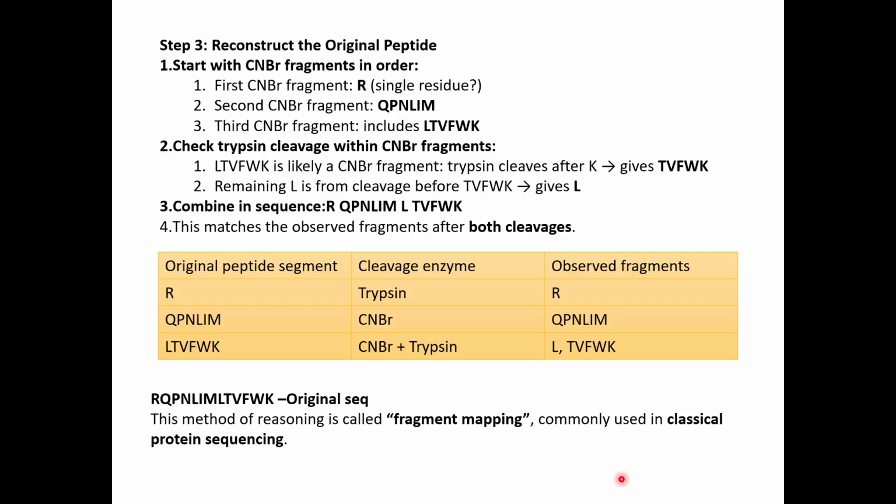So based on whatever chemical is used, we have to combine the sequences. Depending on their position, depending on which chemical is used first, whether they are used together, at what point it was used, and after the addition of what chemical which fragment was given, we have to make use of all of this.